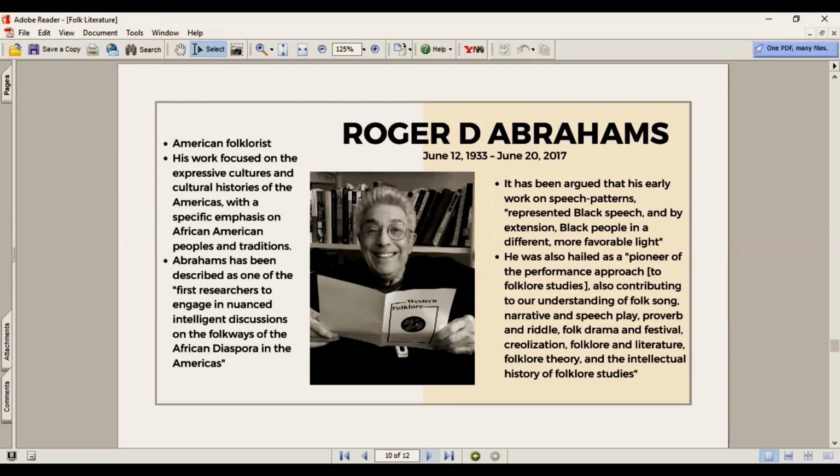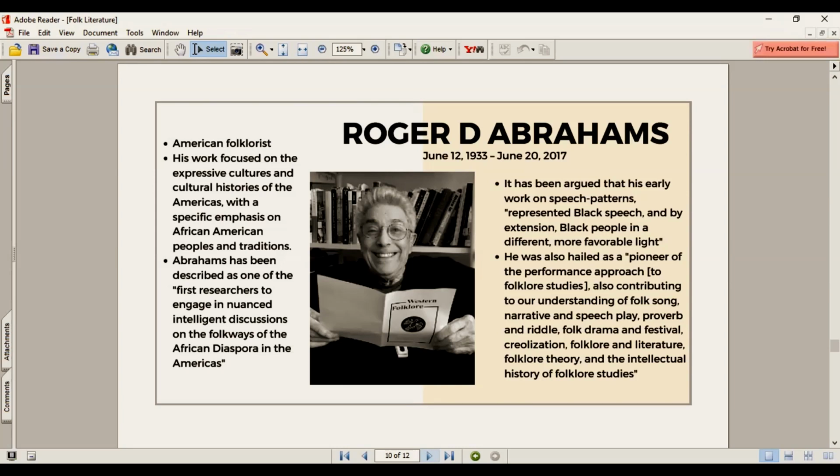Roger T. Abrahams was also an American folklorist, and his work basically focused on the expressive cultures and cultural histories of the Americas, of the diaspora of African American people and their traditions. So he was one of the first researchers who engaged in nuanced, intelligent discussions on the African diaspora in the Americas. He argued that his work represented black speech, and by extension black people, in a different, more favorable